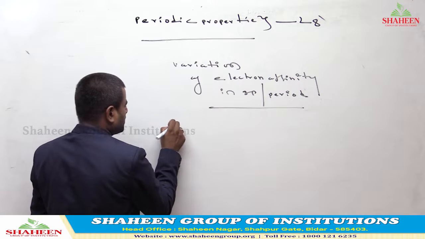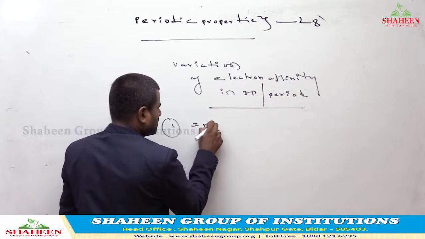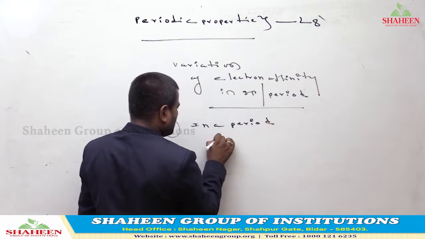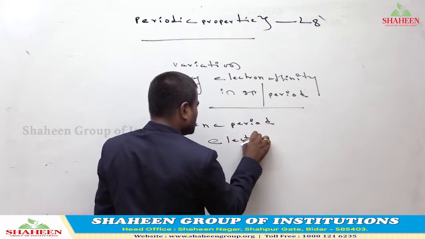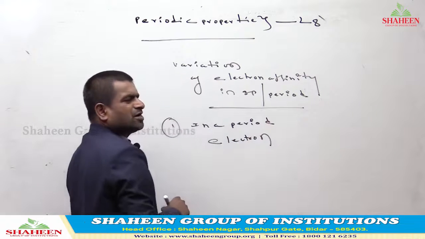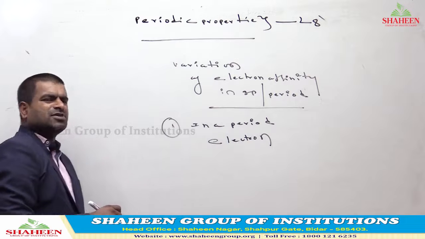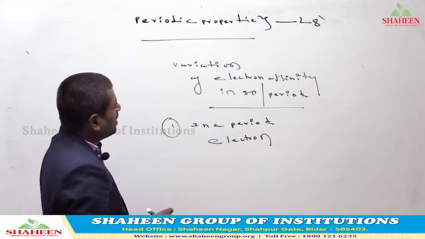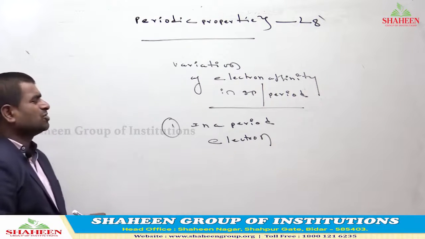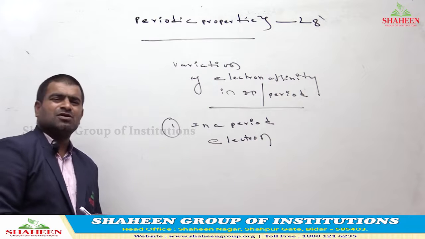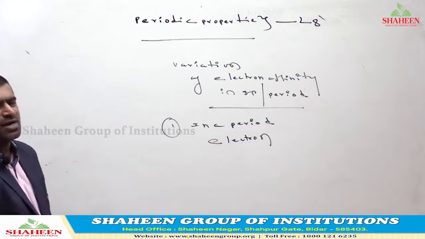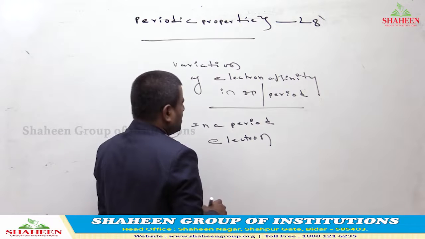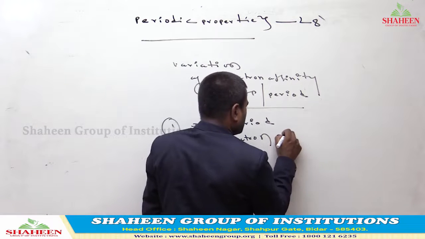In a period, electron affinity, this is the general concept I am discussing here. Exception cases also come in this concept, but we are not discussing that deeply here, I am just explaining the basics, what is needed for learning in 11th and 12th standard. Now, in a period electron affinity